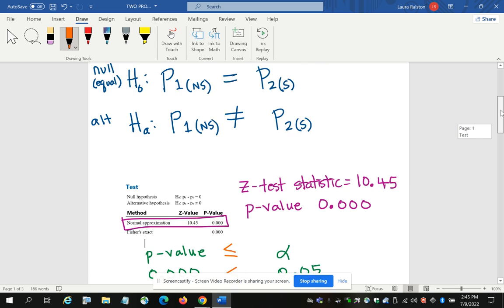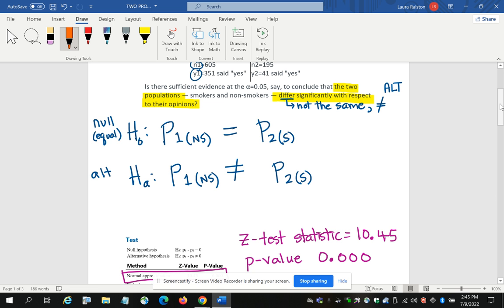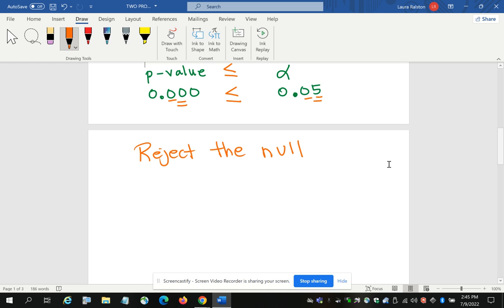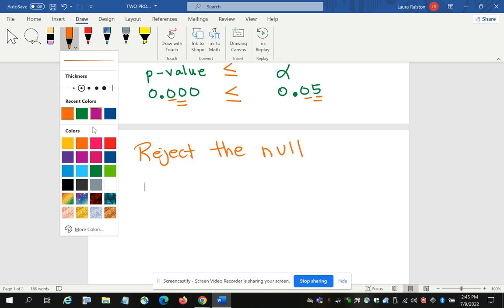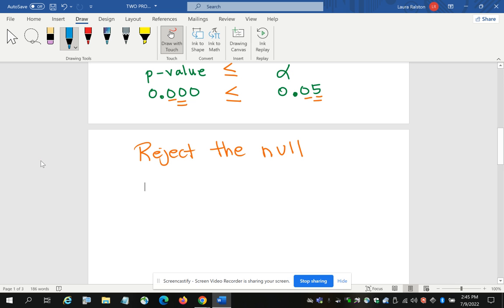So again, thinking about what that means, if we reject the null, that means the null is false and the alternative is true. Our alternative says that they are not the same or they are not equal. So again, thinking about how to state your conclusion, you should always include the level of significance. So we would say at the 0.05 level of significance,